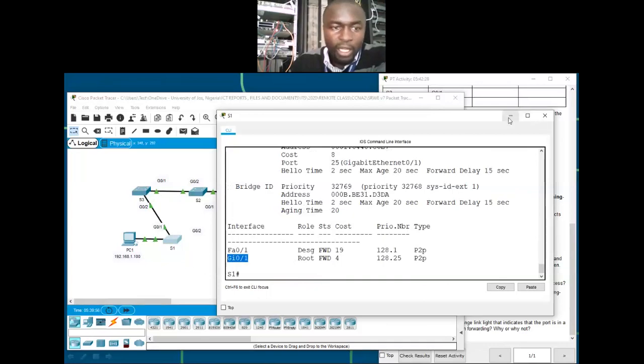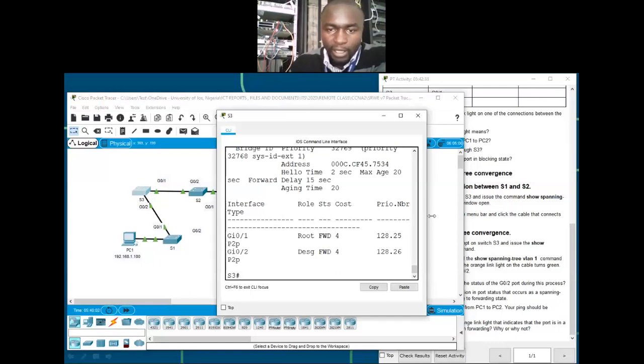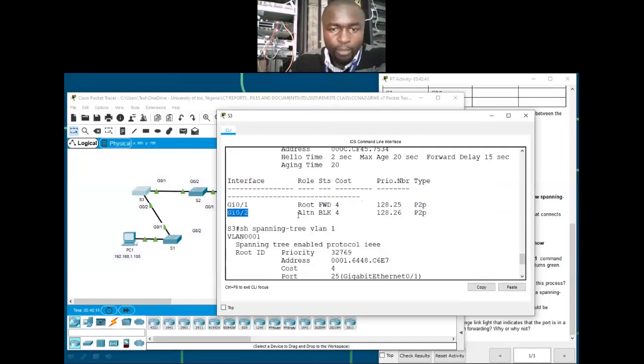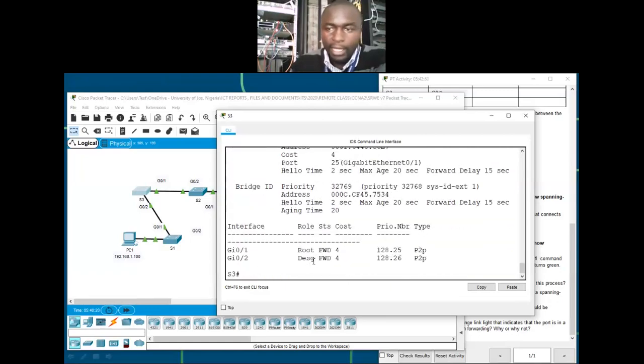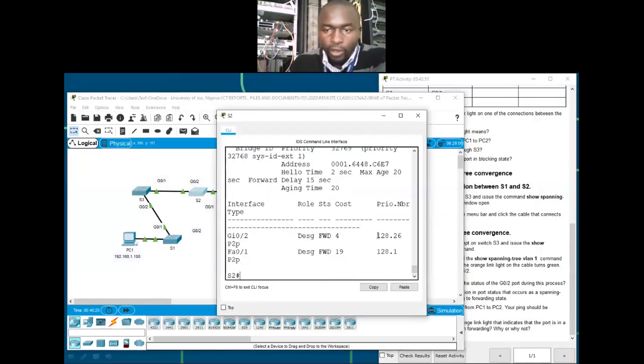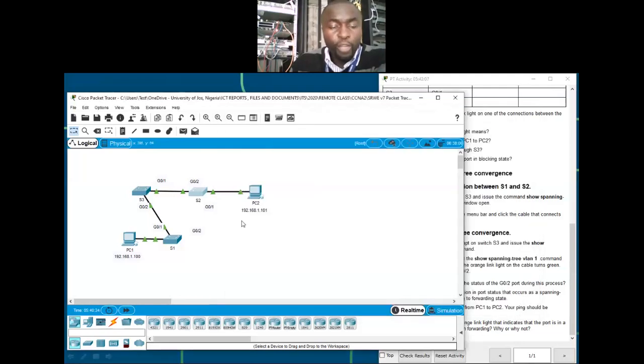If we come to switch 3, for instance, and we run the same command, let's see the differences. You see, G0/1 is still the root port, but G0/2 has become the designated port. What was it before? Before it was an alternate port. Can you see? Before it was an alternate port, but now it is a designated port. Okay? And then if we come to this, rerun the command, all right, we still have our designated port. So we don't have the third one. So you see, the point we are making here is that just by the removal of this link between here and here,